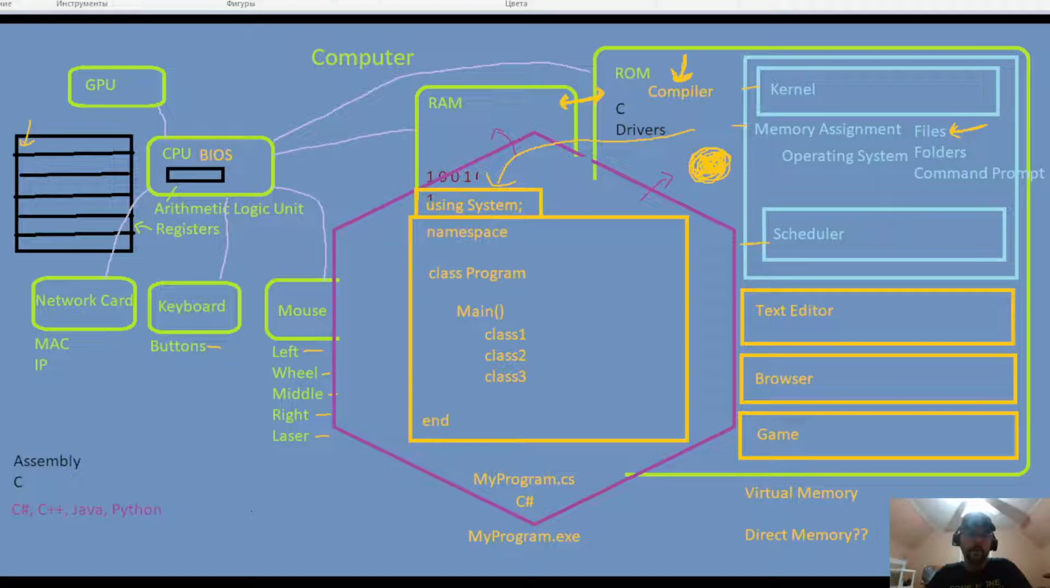So let's do, here would be the text that represents class 1. Here would be a text file that represents class 2, a text file that represents class 3, and so on. Class 1, class 2, class 3, and when you